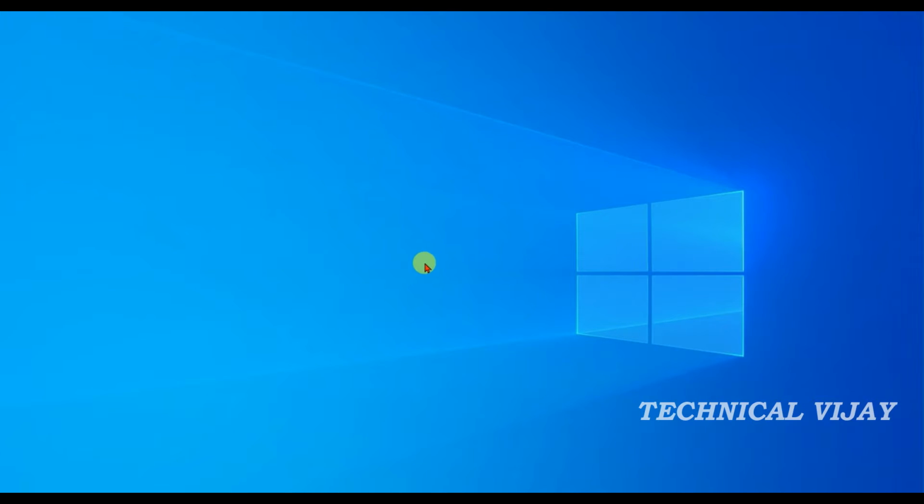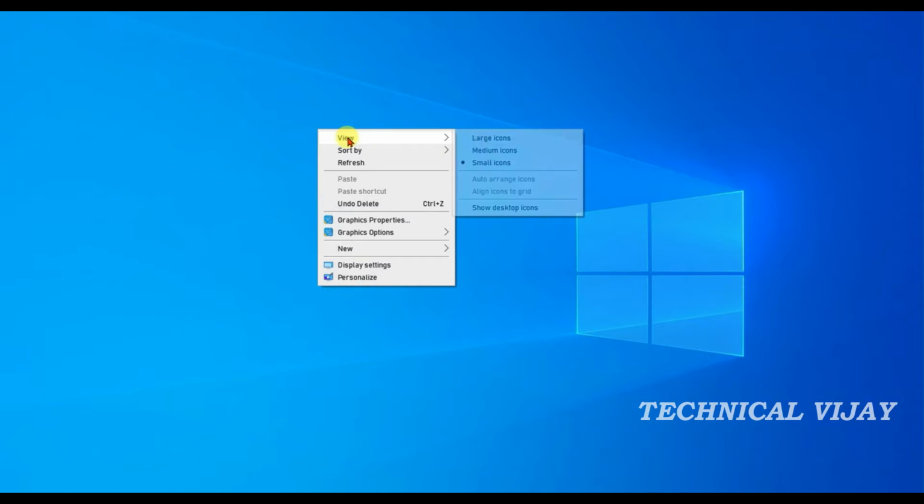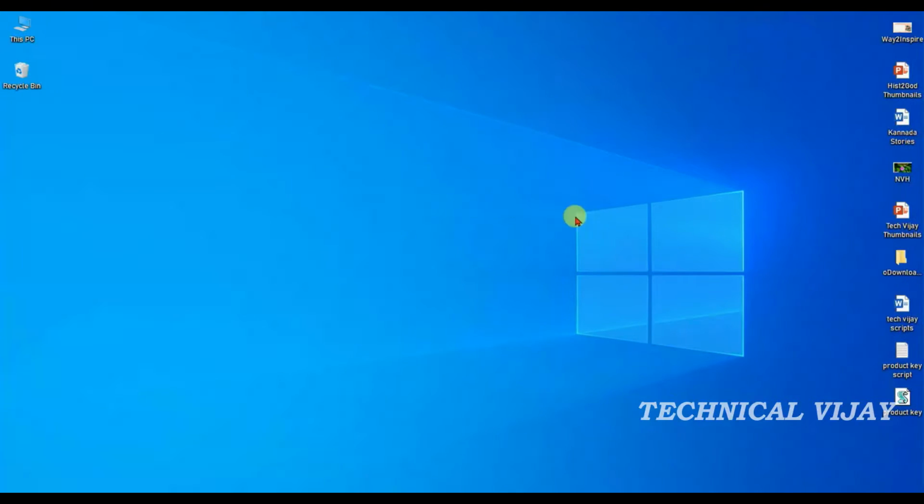In this video, we will see how to stop the automatic updates on Windows 10. Yes, you can disable automatic updates on Windows 10. And in this video, we will show you 3 methods to complete this task.